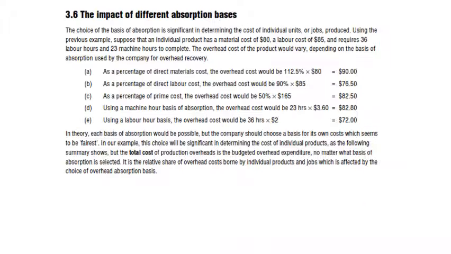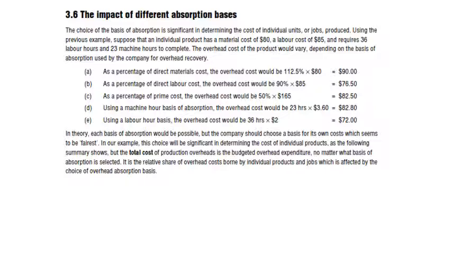So what happens if there is a difference between the FH that we calculated based upon different absorption bases? We are further provided some additional information to calculate the unit cost. If we are provided direct material cost, direct labor cost, and some additional information about labor hours and machine hours, we see there is more difference between these FH costs.